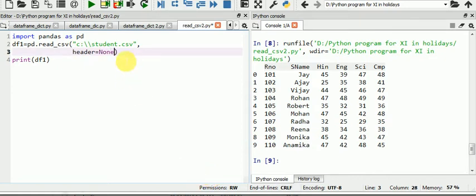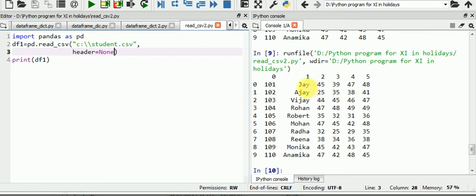It means we are not assigning any header, so by default it will give the index values 0 1 2 3 4 5. Your first row is treated as a record, not a header. By default the system will give 0 1 2 3 as your column header.